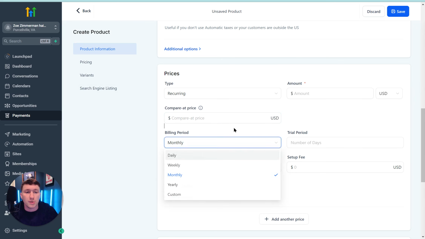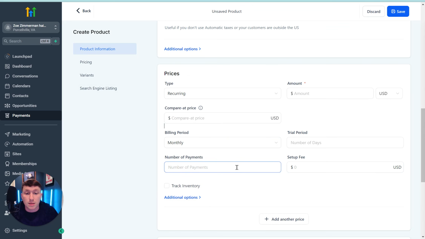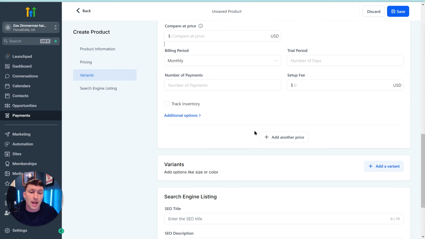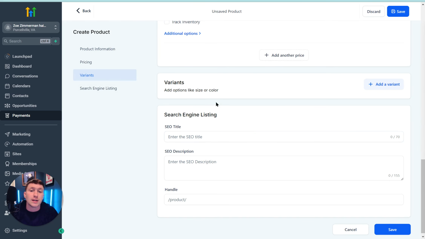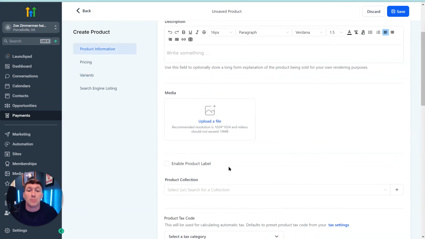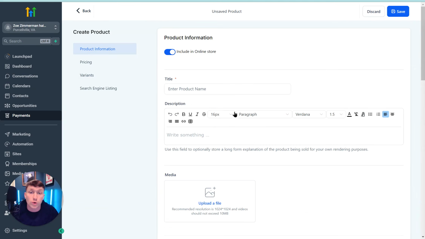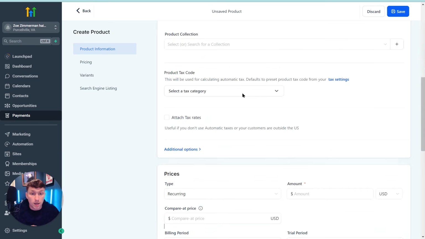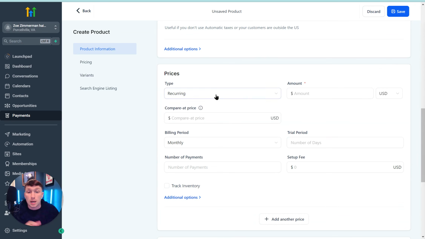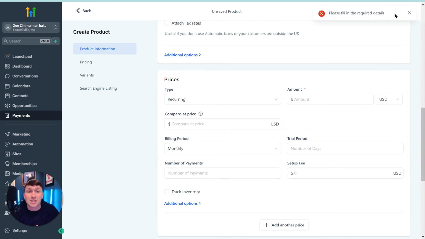Then if you want a trial, you can put that in. Right here, you can put a setup fee, number of payments, simple as that. And then you can add any other add-ons. Variants is basically just customizing it to look good, and then some basic SEO stuff to help it out. But that is as simple as that. It's literally that straightforward. You just plug in your name, the description, picture, pick what price you want, and then you literally just click